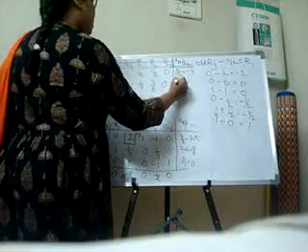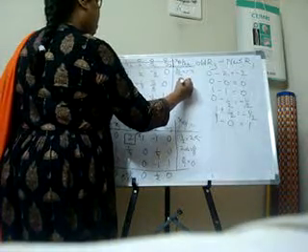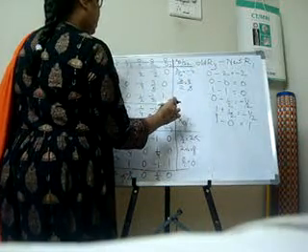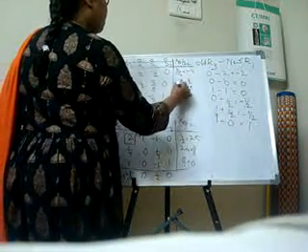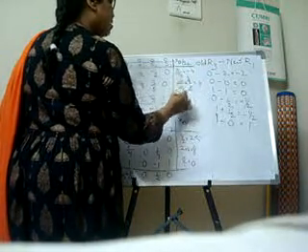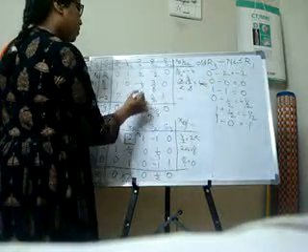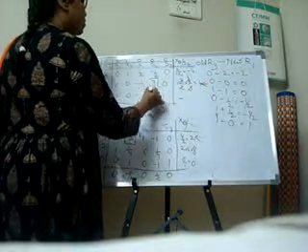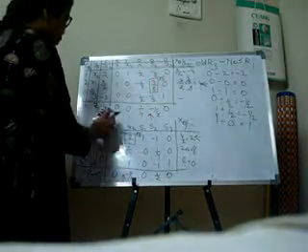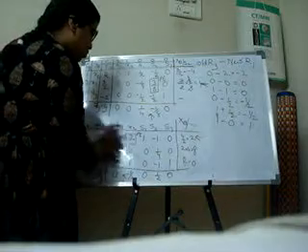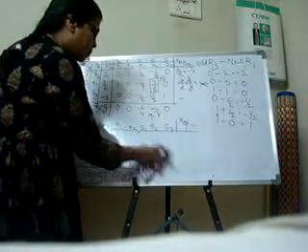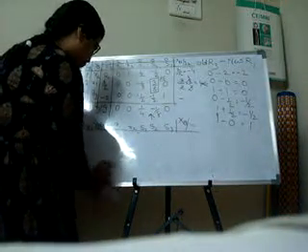Here it is 3 by 2 into 8 by 3, 4. And here it is negative. So both the negatives we won't consider. We'll take this column and this row. This one is your pivotal element. Now what we have to do, we have to perform the same iteration. I think we are running short of time. I will give the iterations here. You see what is happening in this problem.